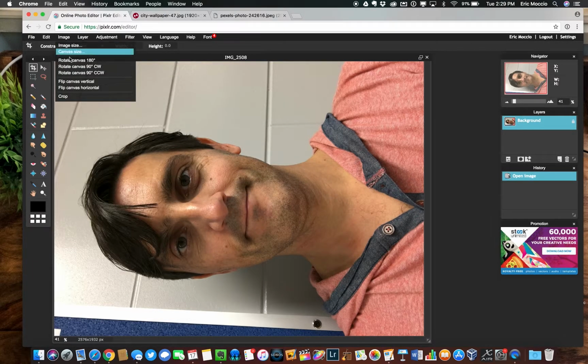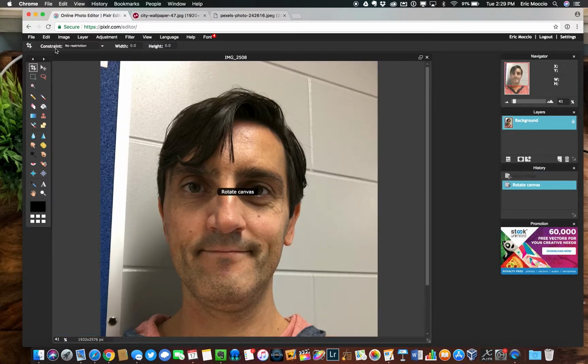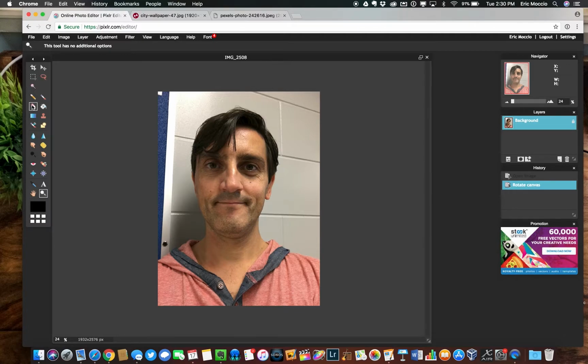It didn't import properly in the sense that it's rotated, so I go to the image menu and rotate it. I'm just going to zoom out here so that I can see the whole thing. Now I'm going to quickly go and lasso around myself here, just so I can delete a lot of it. So I'm going to go around and lasso the portion of the picture that I am not in. And of course I'm just going roughly here. And I double click at the end, and now I have the outside wall